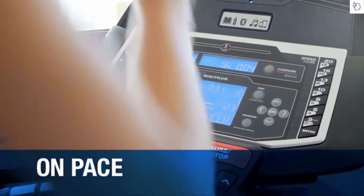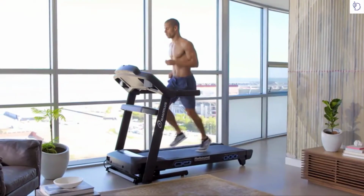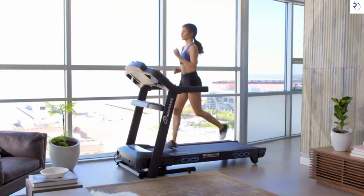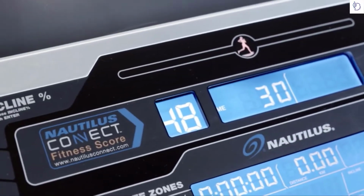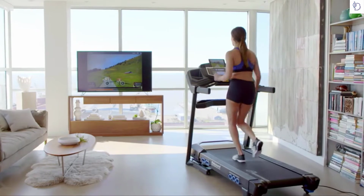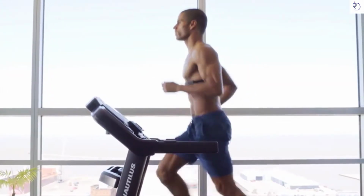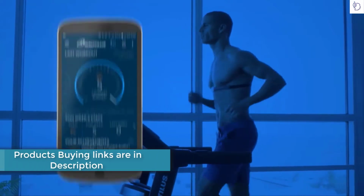It tells you when you're on, above, or below the ideal pace to meet your goal. The T618 even measures your endurance capacity and gives you a fitness score at the end of your workout. Looking to measure your results against your goals? No problem. The T618 is designed with integrated Bluetooth technology, so your workout data syncs seamlessly with the Nautilus Trainer